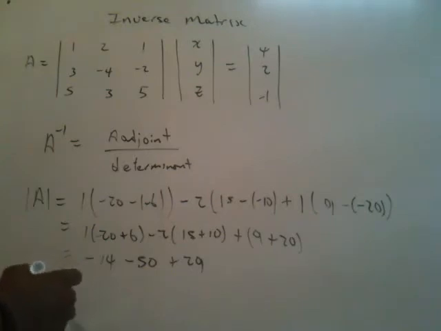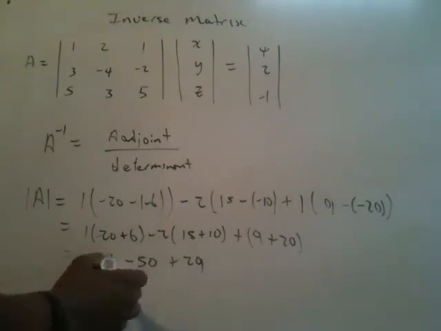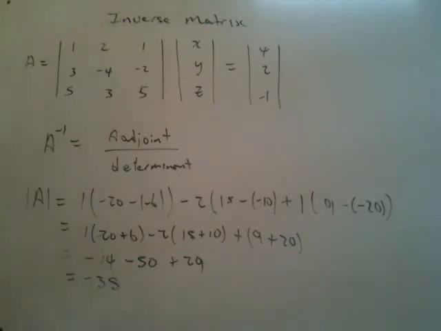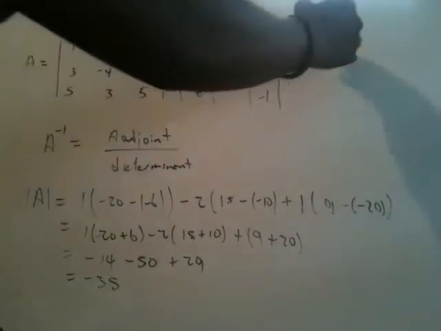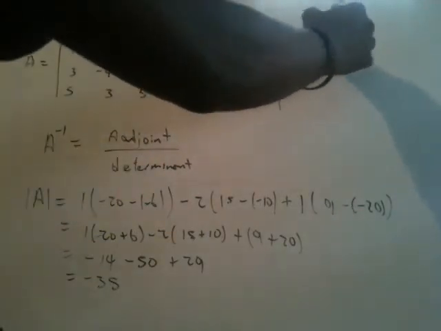So the result for the determinant of A is -35. With -35 being the determinant of A,